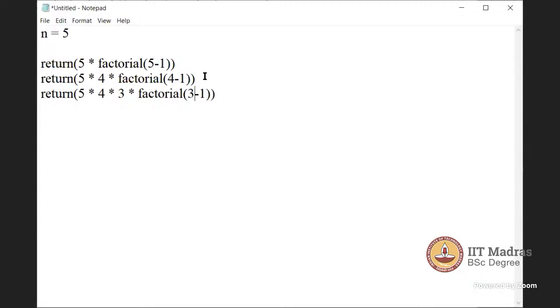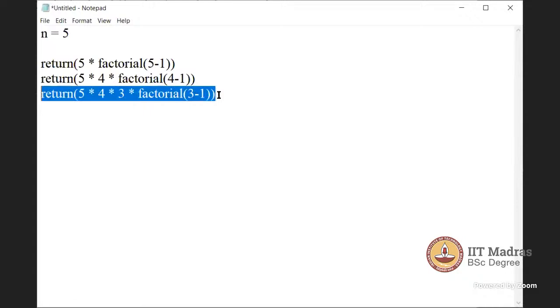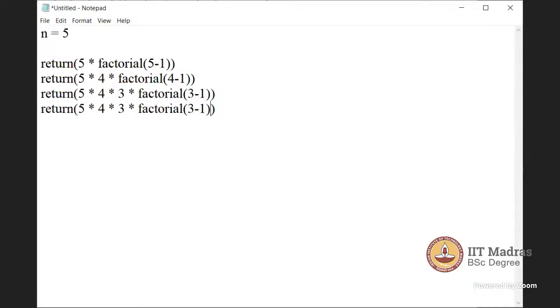The same thing will continue till we reach that 0. So now this will do 2 into 2 minus 1. Again, this will become... right.